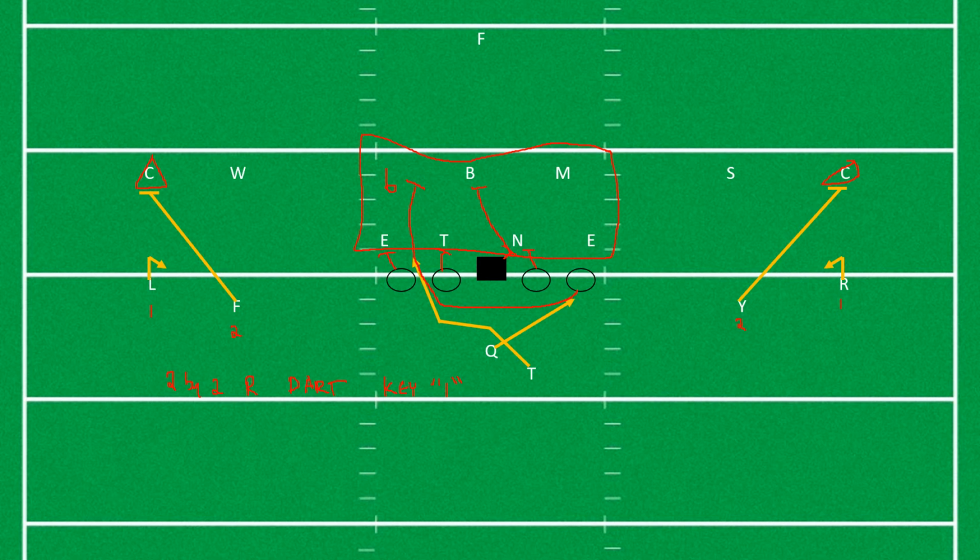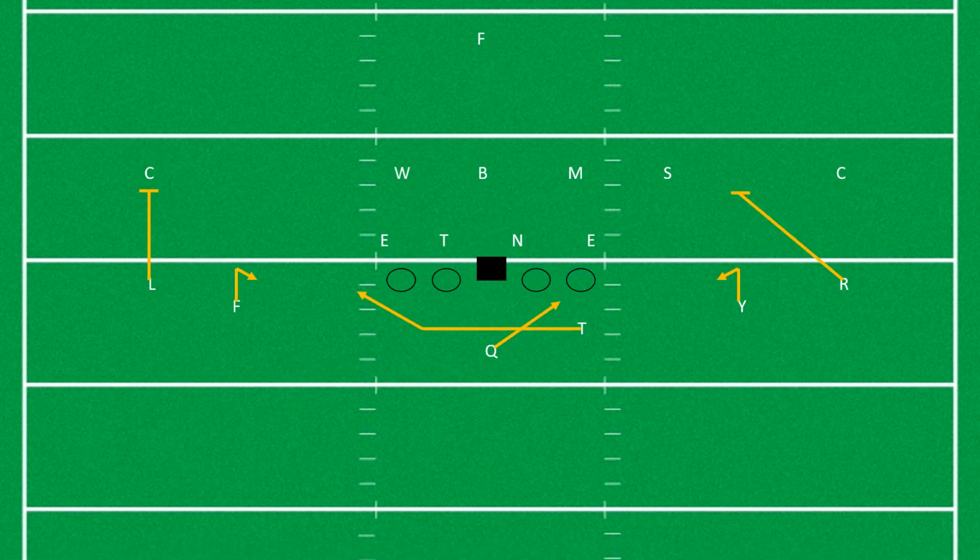The only person that needs to know what play we're going to run is the quarterback, because he will decide what we need to do. I will decide, and then he will know what to do. But the play doesn't change for you guys after you get the call. All right, next play I've got drawn up for you guys is